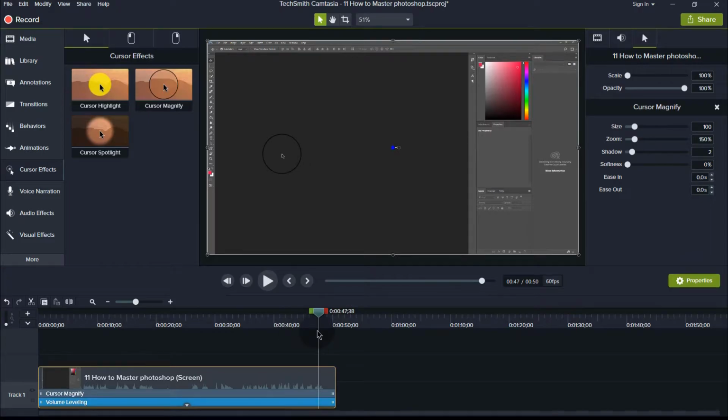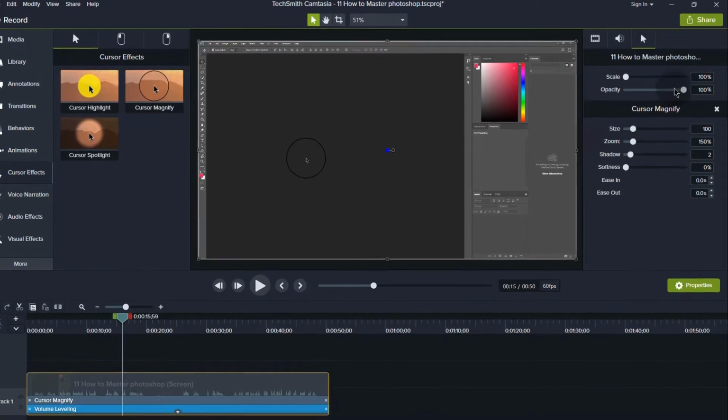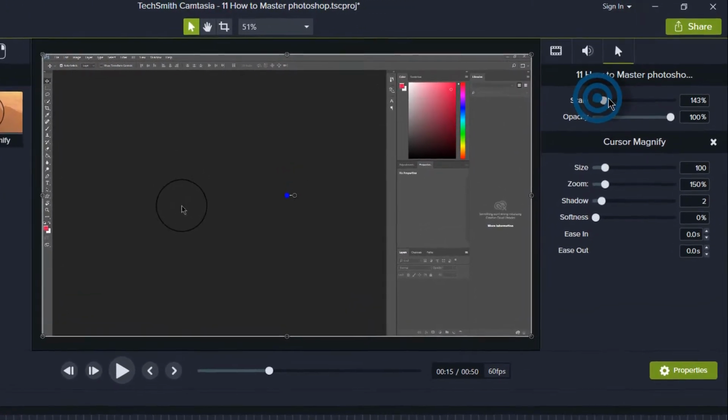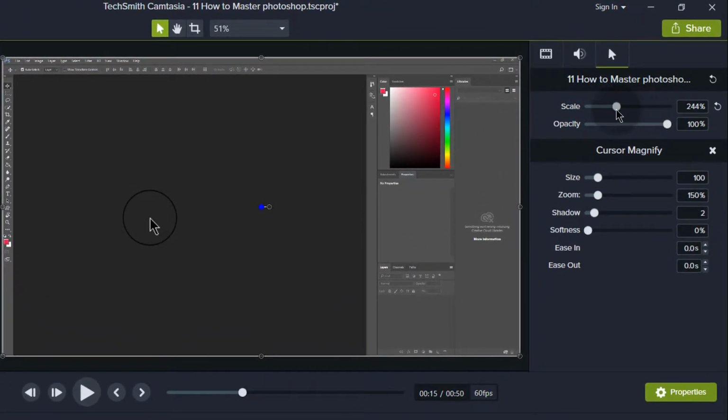And you can see in this video, the mouse was pretty still, but maybe in a different recording, your mouse will be moving all about. So you can scale it. You can scale the mouse to a certain level so that it's much more visible to the eye. Just play around with all these settings if you want to change those, but I'm going to leave this as